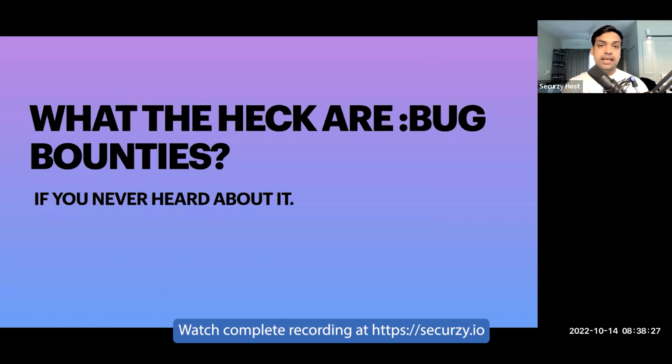Now, when these assets were kept open, which are their domains, their firewalls, their subdomains, their internal admin panels, employee login panels, etc., it was identified by the bad people, the threat actors or malicious actors, and was getting exploited. This also gave an opportunity to security researchers like you and me and bug bounty hunters to identify